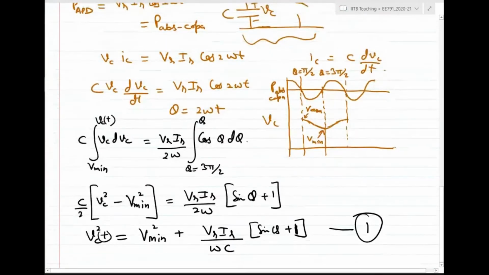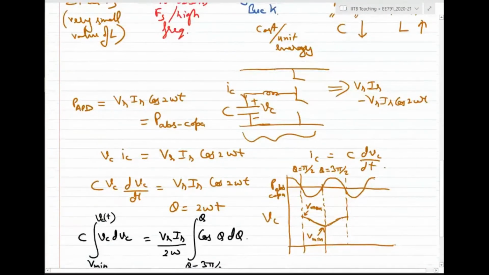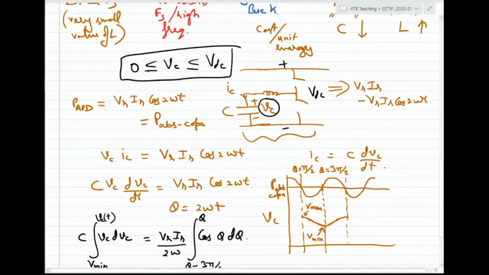As I told you before, in the earlier case where there was only a capacitor, the utilization factor was very poor. Why? Because the minimum voltage, you cannot bring lower; you were stuck to within plus or minus 5%, 10%. But on the contrary, in this circuit, you can bring Vc minimum to any value. The only constraint is because this is a buck circuit, so Vc has to be greater than or equal to 0 and less than or equal to VDC. Other than that, there is no constraint.